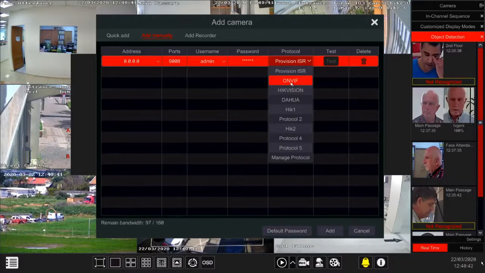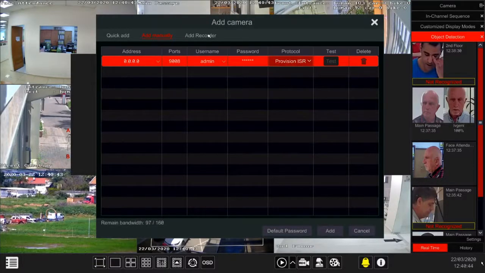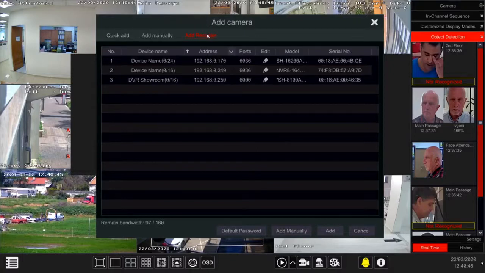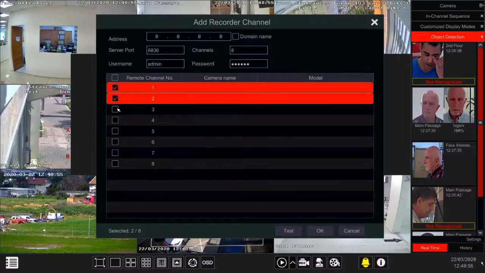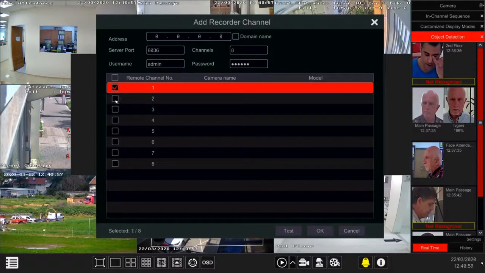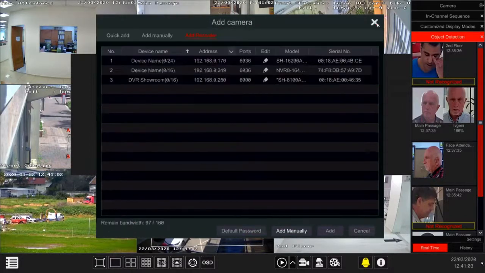which we also have. Another good option and another good ability, and actually this one is special, is the ability to add a recorder. All of the recorder, or if you want to add only part of the recording channels of this recorder. Now we can add a recorder locally or remotely, of course. We can add it even if it is an NVR or a DVR, an analog DVR. Now why is this good for? It is good for two good reasons. Reason number one,